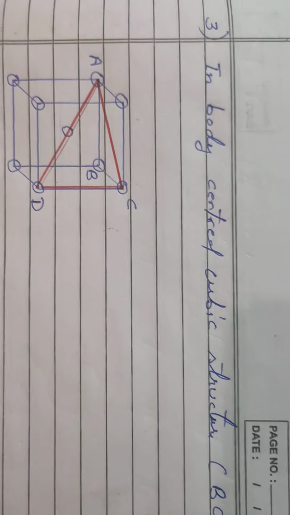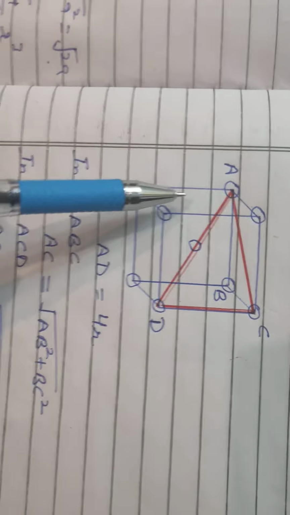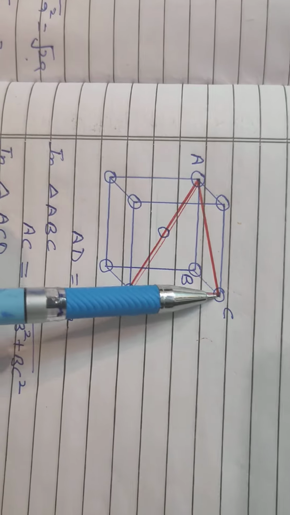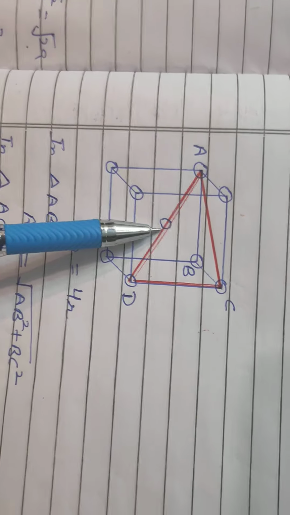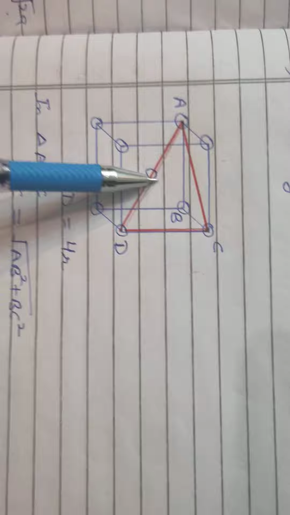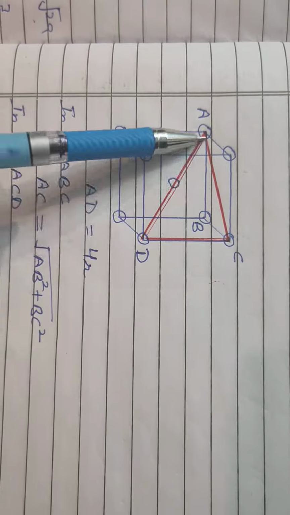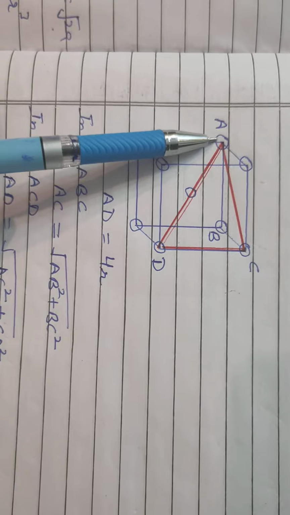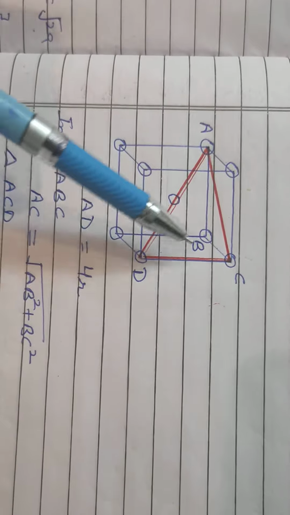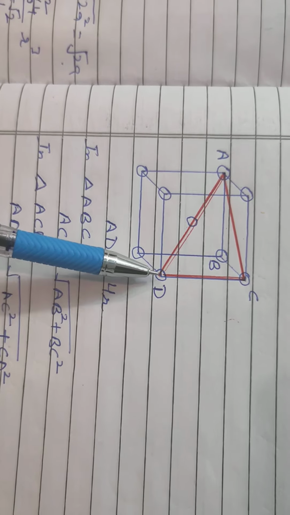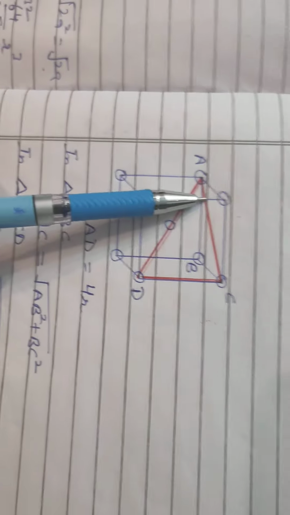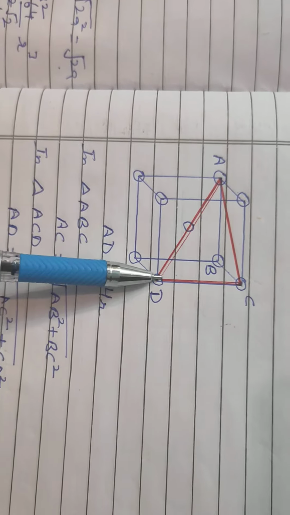Now next move to body centered. In body centered cubic structure, that is BCC, okay, body centered में क्या है? Atoms are present at the corners. Along with that, in the center of body, this is body centered cubic structure. Okay, we will take this triangle ACD. So we have to find out here edge length CD. But for that, firstly we have to calculate AC, क्योंकि हमें ये दोनों नहीं पता है AC and AD.